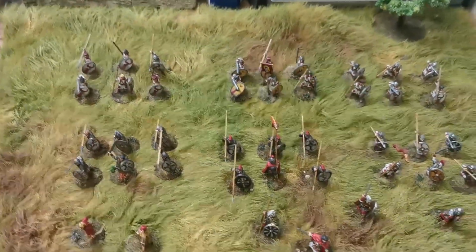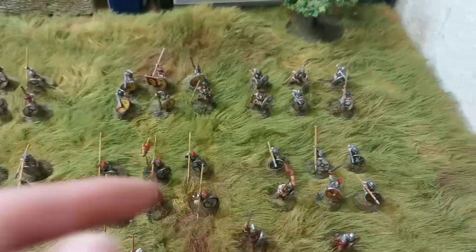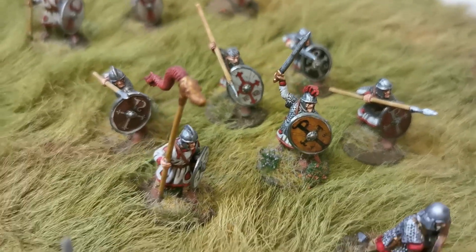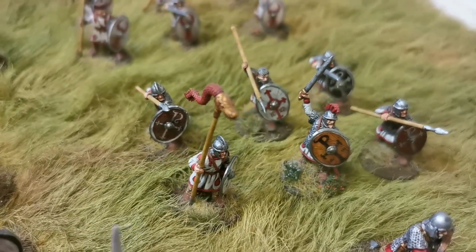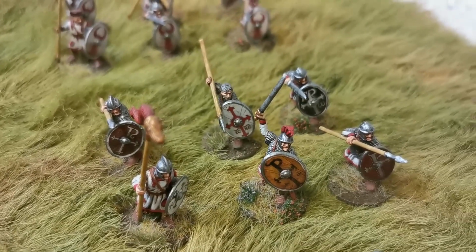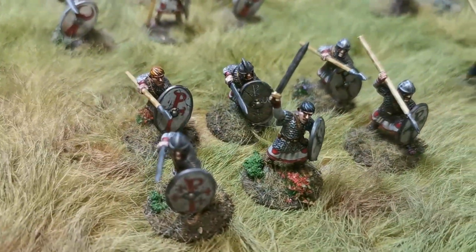Then you have 2 units of warriors, which are this unit here and this unit here. I used the armoured bodies from the set to do this, so the chainmail bodies. I also gave them individual shield designs as well, which are the Little Big Men shield transfers. There's the other unit over here,